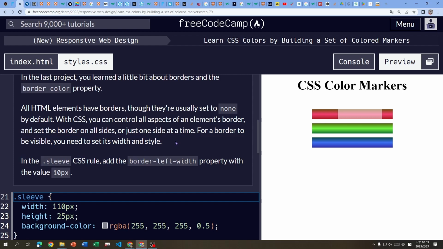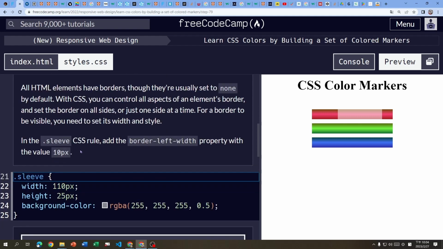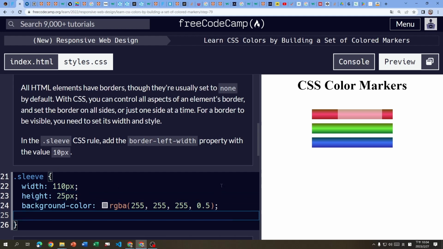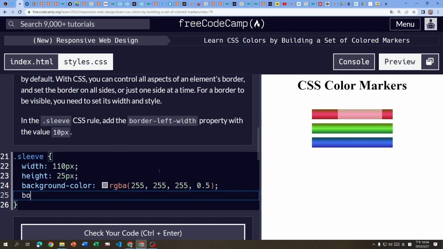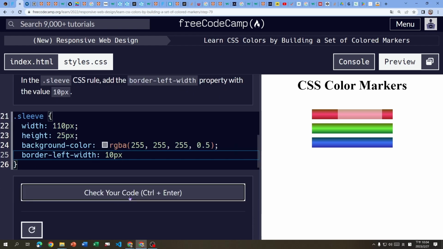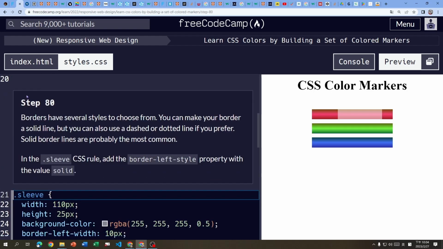For the border to be visible, you need to set its width and style. 为了让这个边缘可以被看见，visible，我们需要设定它的宽度跟它的样式。In the class sleeve CSS rule, add the border left width property with the value 10 pixel. 设定一下 border left width。为什么我确定这样打呢？你看这里 property，冒号前面就是 property 的位置，后面是 10 pixel。有什么改变吗？好像目前看不到。